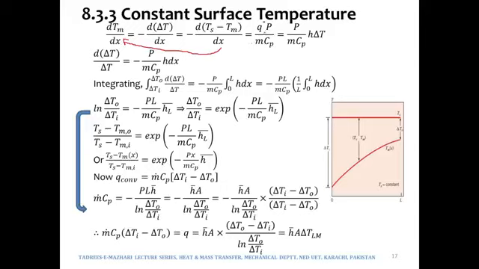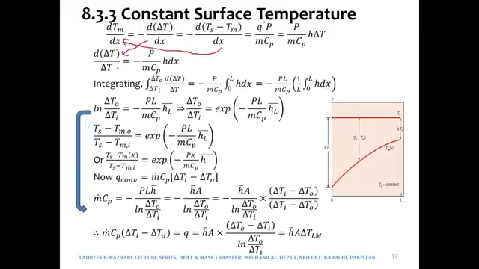And this dTm by dx is heat flux times perimeter over mass flow times Cp. This is what we had written like 3 slides ago, where we had applied that energy balance. And then this heat flux may be written as h times delta T again. So now this d of delta T over delta T: we are bringing this delta T into the denominator of this d delta T,